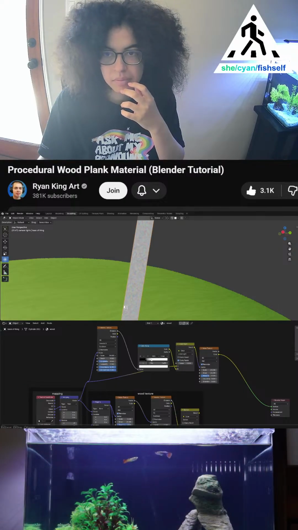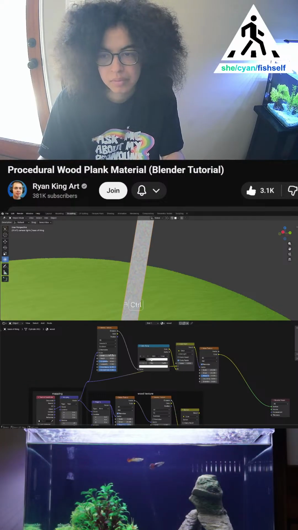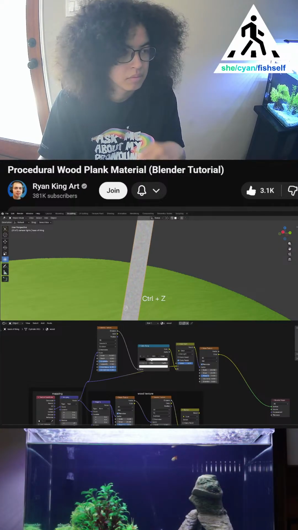Now I want to make this more contrasty because it's pretty gray right now. So we'll take this color ramp, we'll press Shift D to duplicate it and drop it here after the noise. And then I can drag these values around just to make it more contrasty. So we'll drag the black tab to about here and the white tab to about